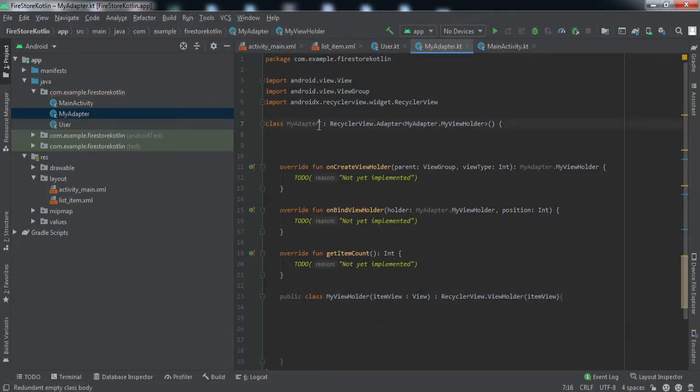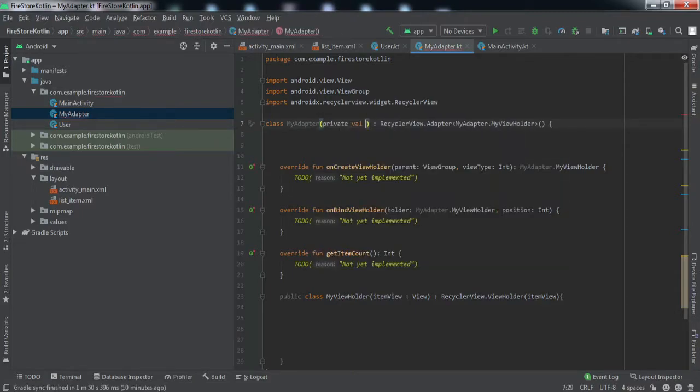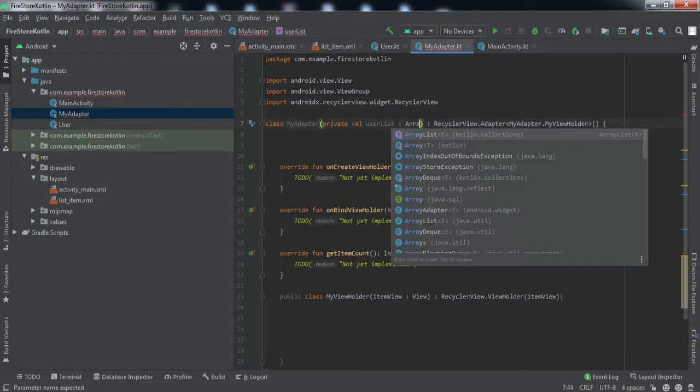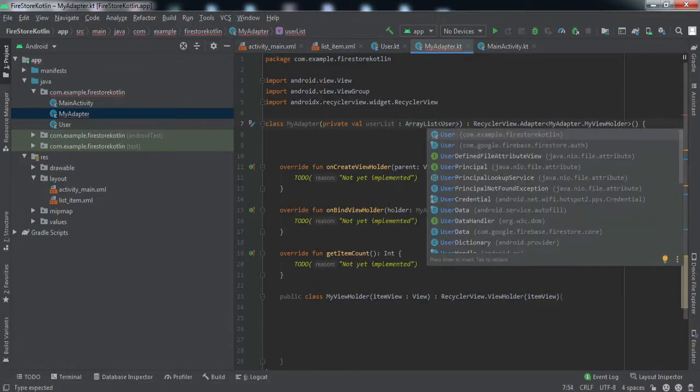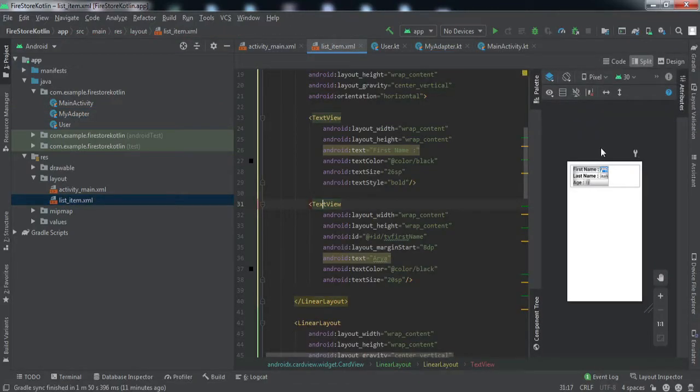Now the constructor of this adapter will accept the array list. So private one userList, and the type of which will be ArrayList. Okay, so inside this MyViewHolder class we'll refer to all the 3 elements in which we are going to populate the data: the first name, last name, and the age.